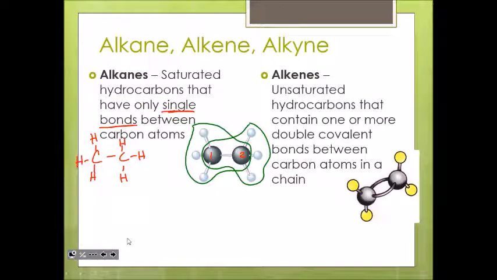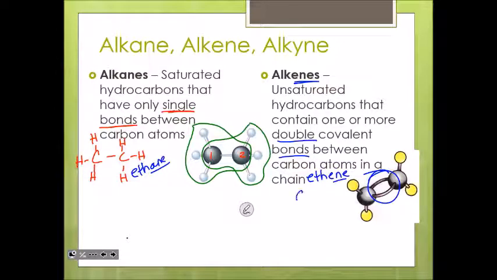Alkenes, the ending changes to ENE. This ENE, because it has 1 or more double bonds. And you can see that here on the ball and stick model. We have a double bond. This is ethene. Okay, yeah, so this one's called ethane, by the way. ANE, as you can see, it matches the alkane. This one over here is going to be ethene. It changes the ending to ENE.